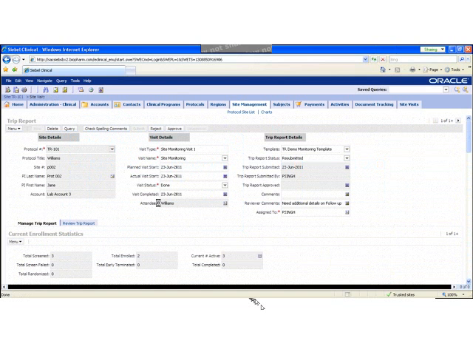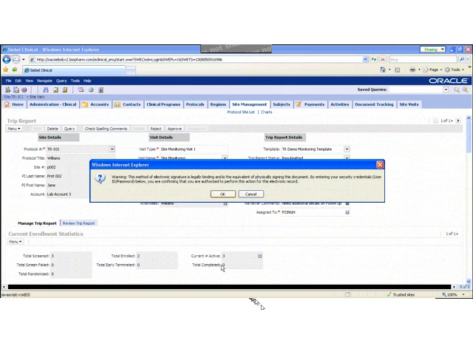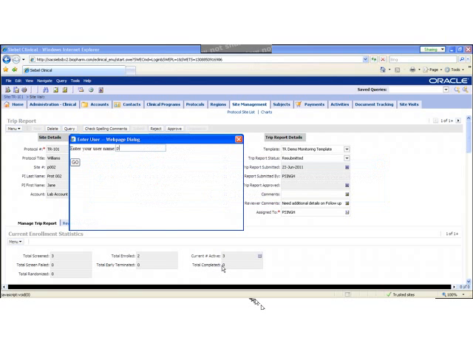And then finally, we'll approve it. And again, for approval, we get the same error messages and warning messages that we're actually signing this document, and it will then require me to enter my username and